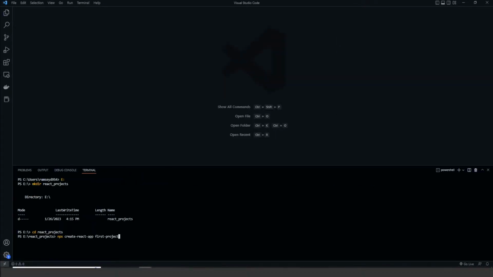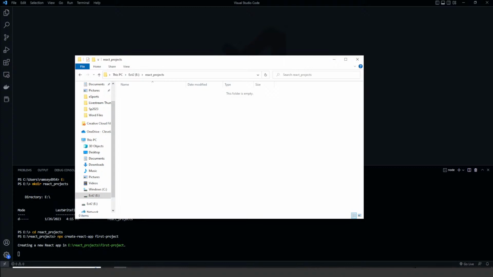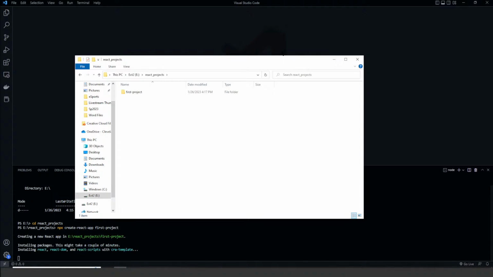And I'm going to try to get this folder up here as quickly as possible just so you can see the files populating into it. So I'm going to hit enter here to get this command started. And I'm going to come over here and pull up this folder so we can see what happens. So we see the first thing it does is it creates another folder. Right? It creates a folder inside our React projects folder